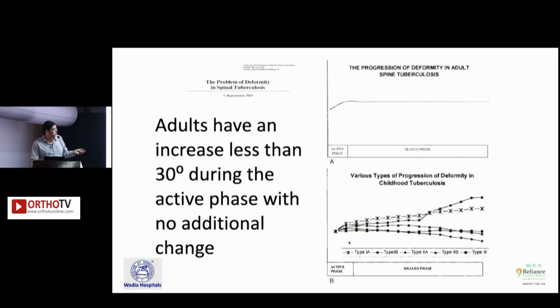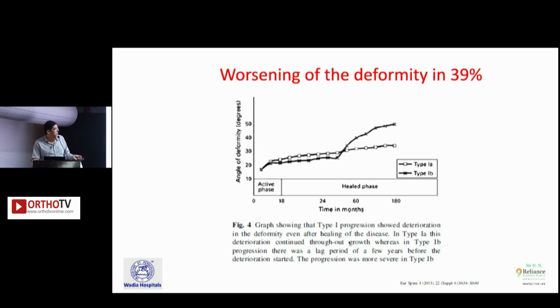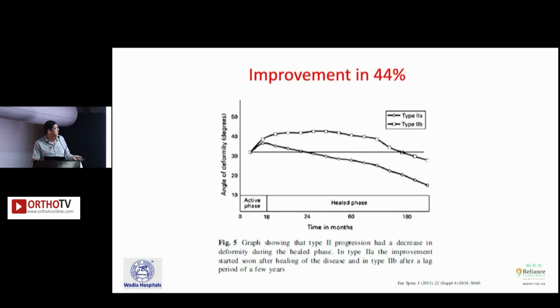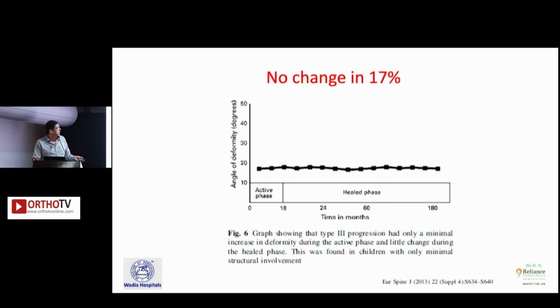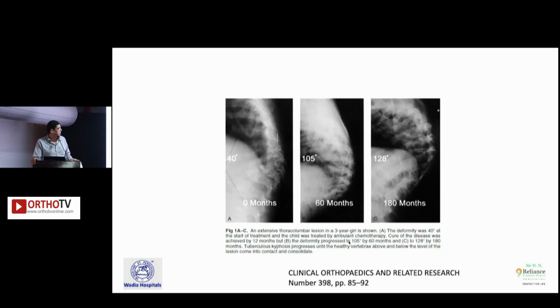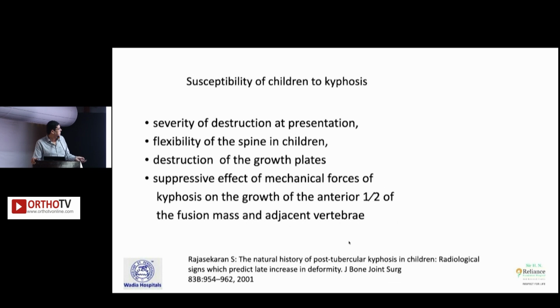And the progression of deformity in adults, if you see, it plateaus, and in children there are different types of deformity. There is worsening in 39%, improvement in 44%, and no change in 17%. Now, where the patient is going to fall, you don't know, so you have to follow them. Even after you complete the treatment, you need to keep them in follow-up. So, for example, this is a worsening deformity. And why are children susceptible? Because they have